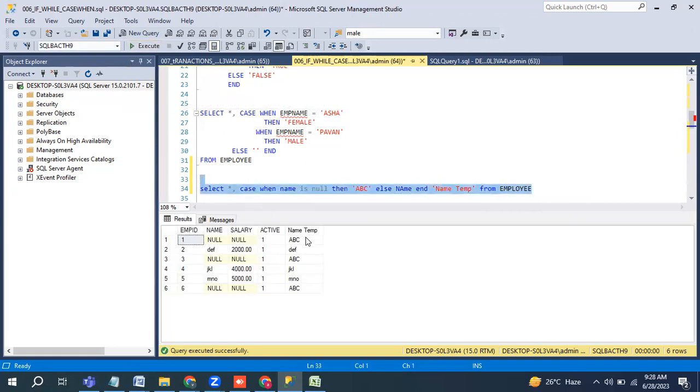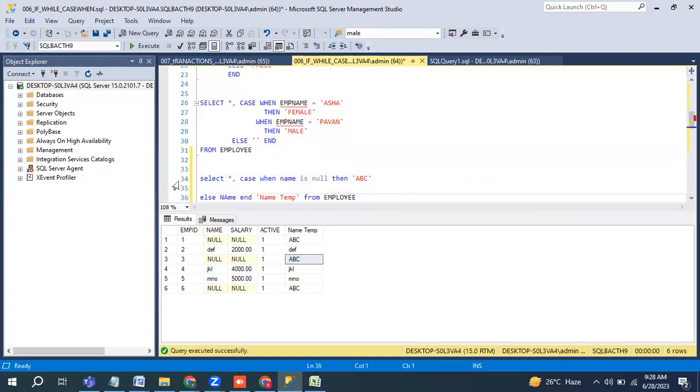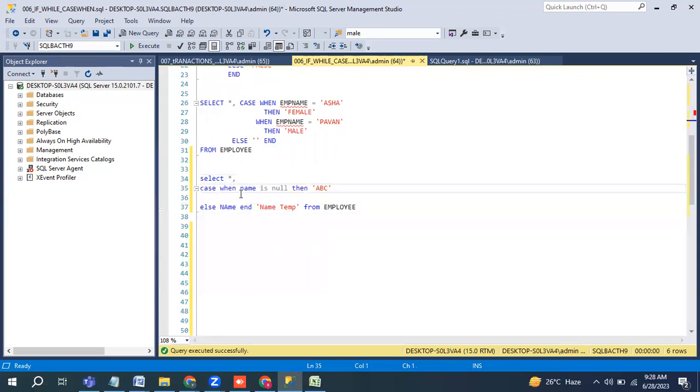See, if name is null, then ABC. If name is DEF, it shows DEF only. Again, if it is null, it shows this one. And one more condition also we can add here. So case one, how we can write: case when name is null, then ABC, else this one, and